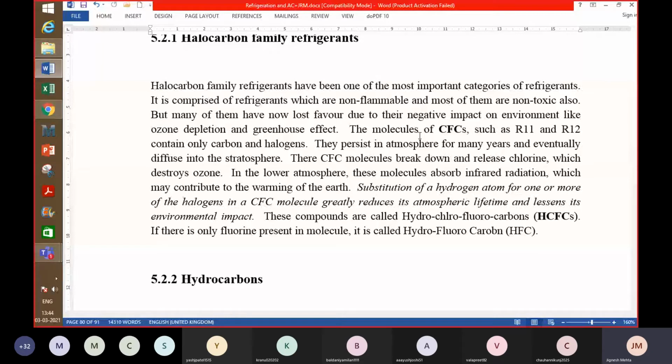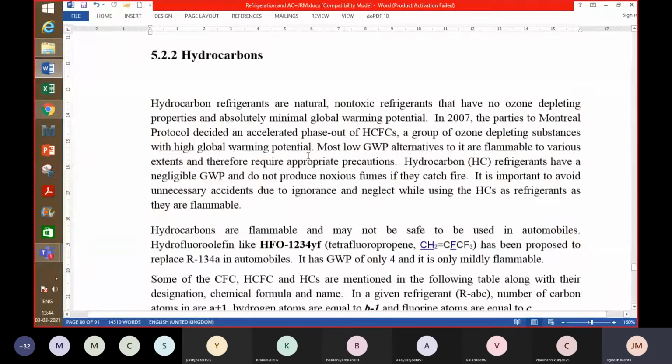family can be hydrocarbons. Hydrocarbon refrigerants are natural, non-toxic, considered to be natural, non-toxic refrigerants that have no ozone depletion potential, so ODP is 0, and absolutely minimal global warming potential. So they are acceptable from the point of view of environmental properties, but safety properties are